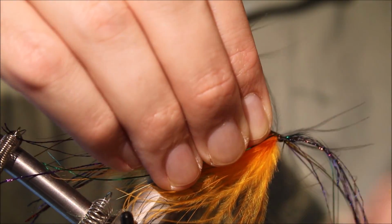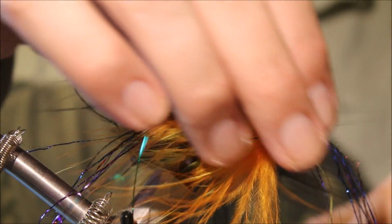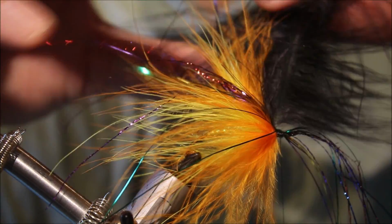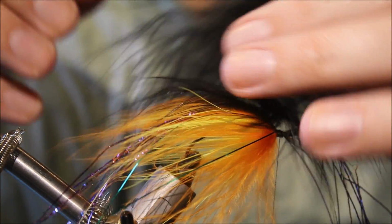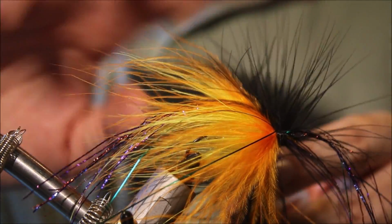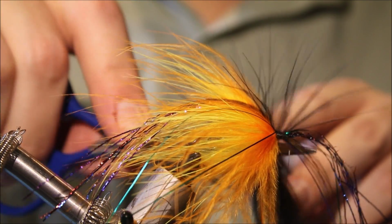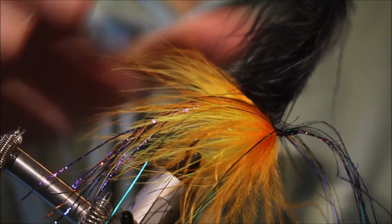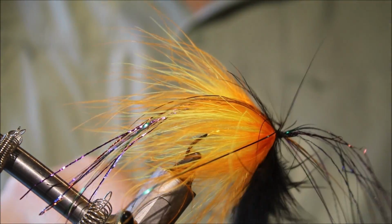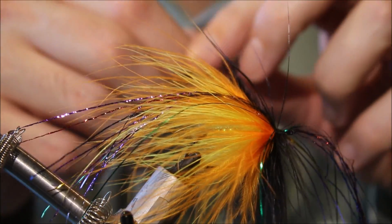Bump my thread, just back that off, tie it in again, fold it back. Now, the front hackle, it can pay just to take your scissor blade and sort of fold it slightly. Could still be a touch unruly, but that wee folding just can help. And then just carefully wind this forward to get myself that nice